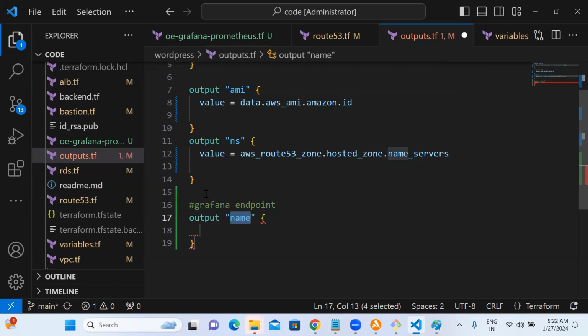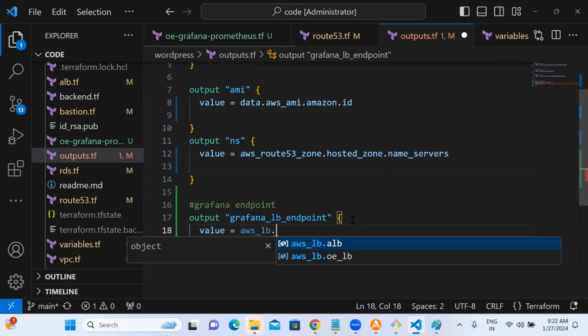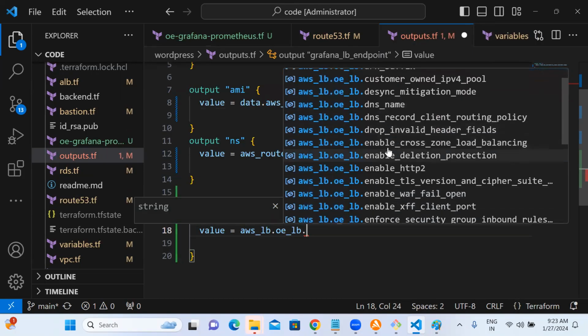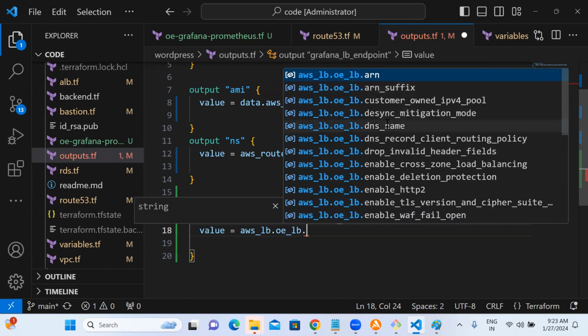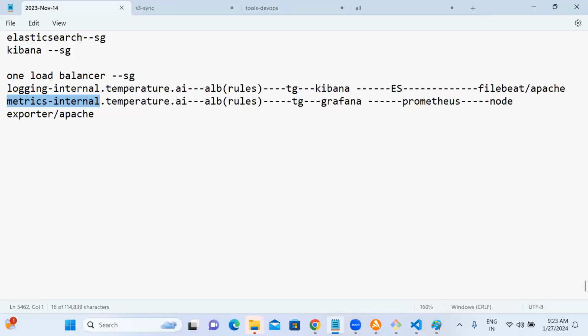Here the Grafana underscore LB. Somewhere you will have this DNS name. See, it will output if it is all good.